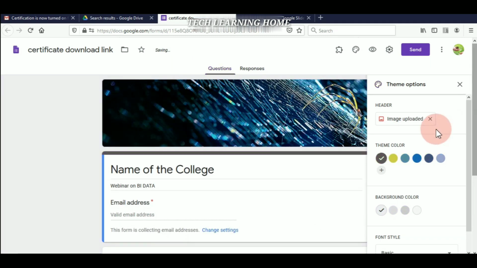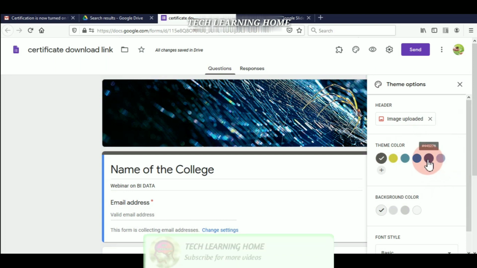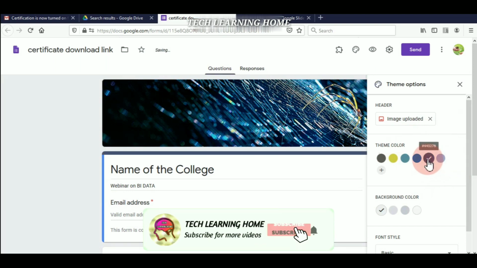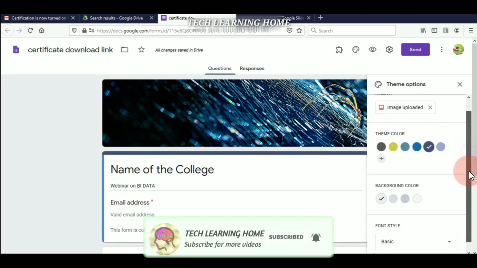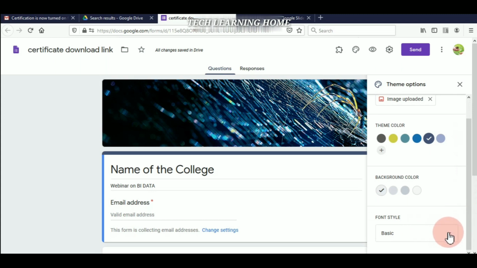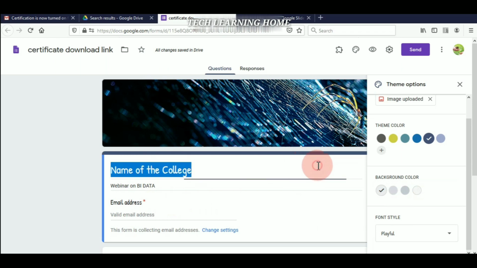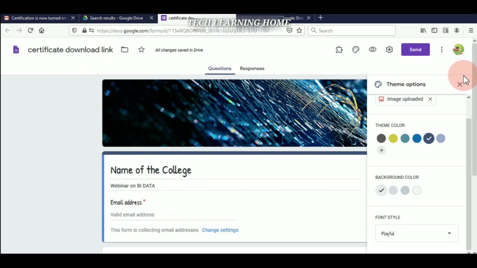And if you want to change the color and font style, all the options are available here. I am going to change this form color and text options. Playful, if you want to give playful text options, it will be changed here. Whichever you like, you just assign it.